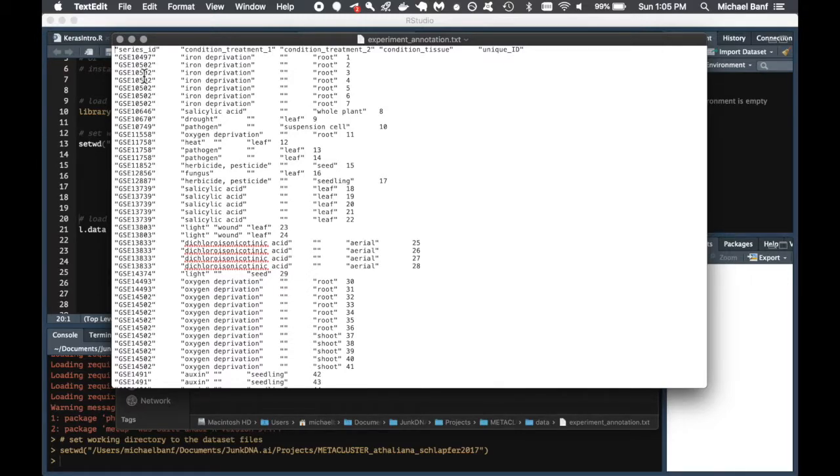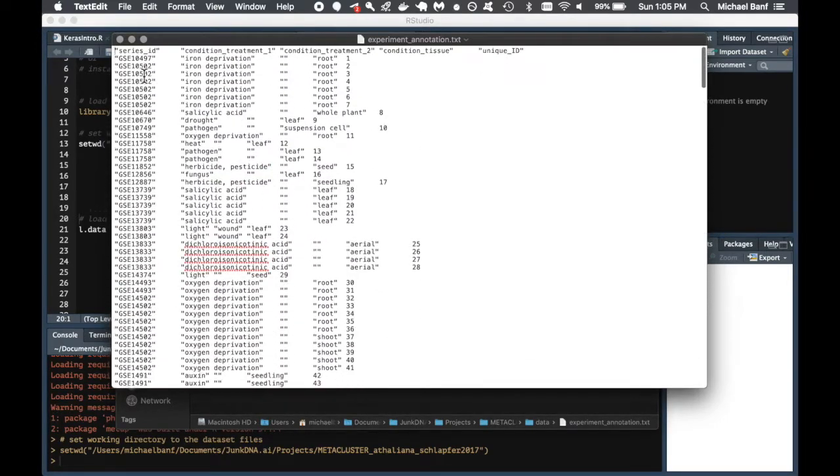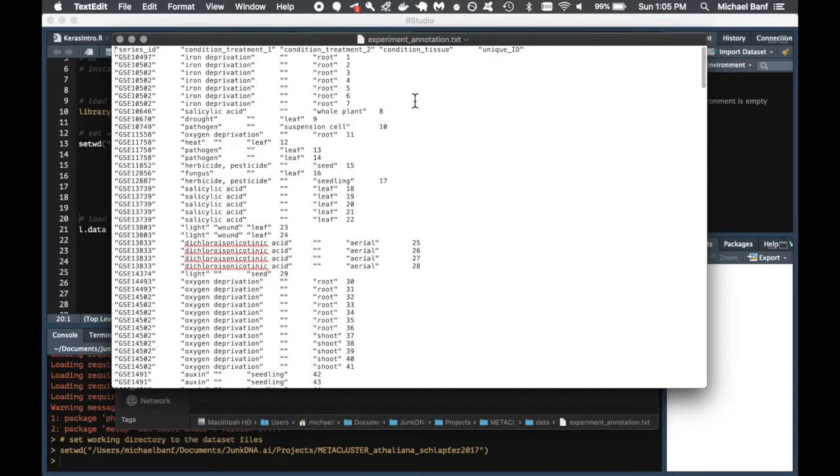Of course, you might have as many experimental series as you like, and we might have different samples of differential expression assigned to the same experimental series. So for example, given a time series experiment that has samples at different time points, where you compute differential expression at different time points,